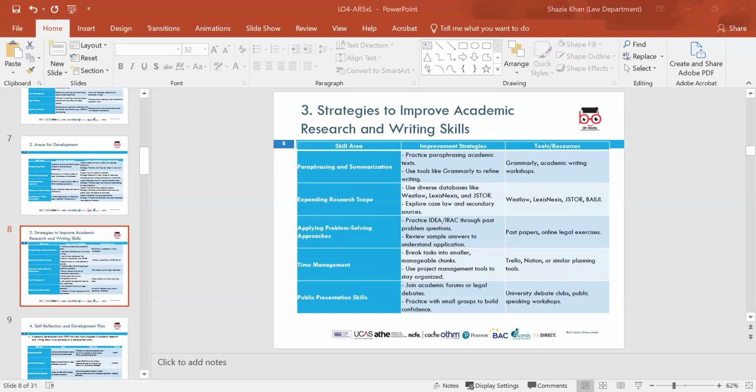Strategies to improve academic research and writing skills. So again, paraphrasing, as we mentioned, is a big part of it. Making sure that you're proactive and your work meets academic standards, check your grammar. Also things like